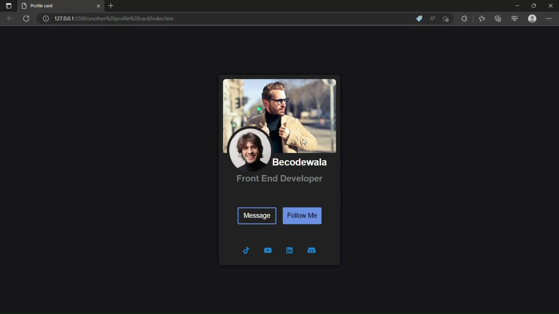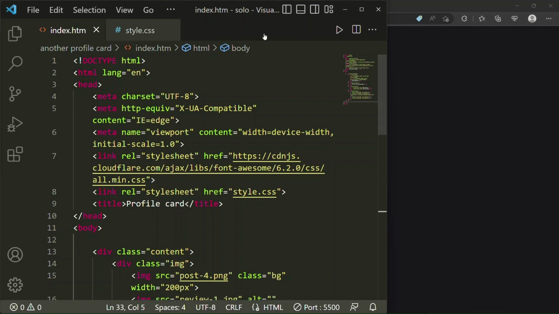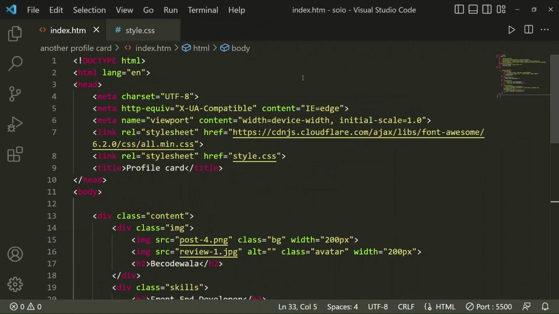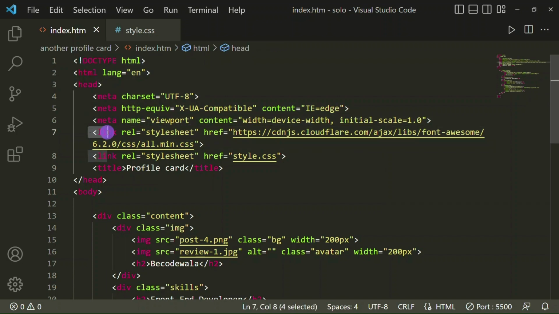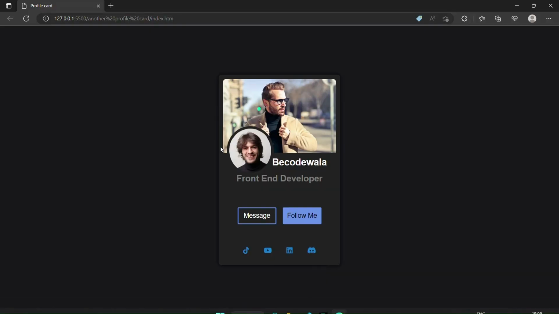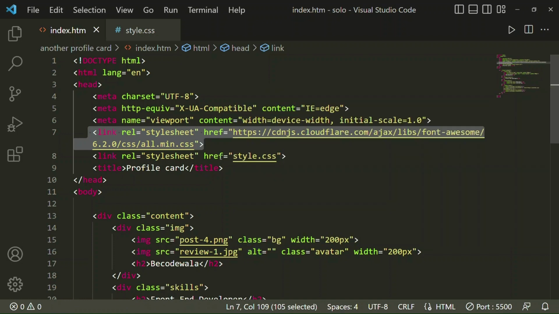So come to our VS Code. Here is my VS Code. In my HTML file, I have taken the basic structure of HTML, and in this I have taken this link for Font Awesome. For getting that font, I can show you, these TikTok, YouTube and LinkedIn icons are there. For getting that, I have linked the Font Awesome CDN. So after that I have linked my CSS file, which you can see